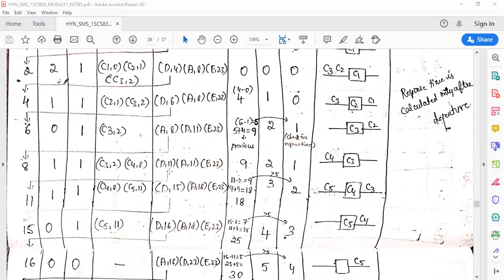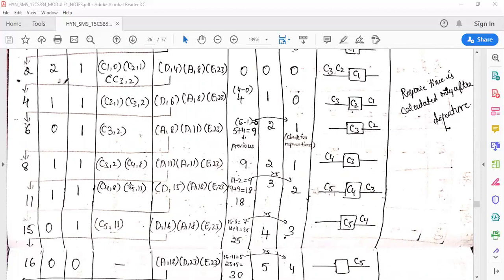Advance the clock from T to T1. So here departure is also happening, arrival is also happening. Departure of 11 means the third customer is moving out, and arrival of the fifth customer. So write your illustration: third customer moves out, C4 will go and sit with the server, C5 has come. How many people are there in the queue? One person. How many with the server? One with the server.